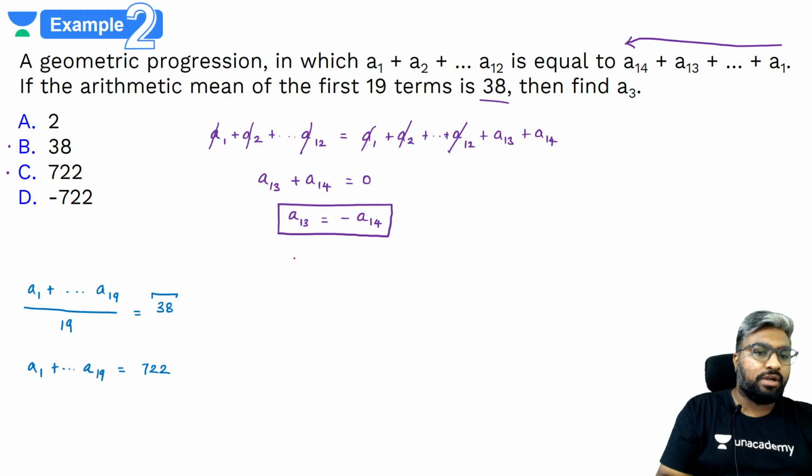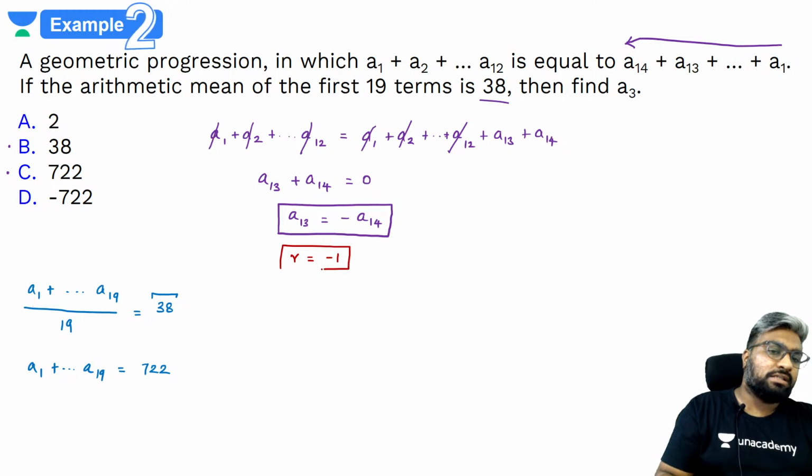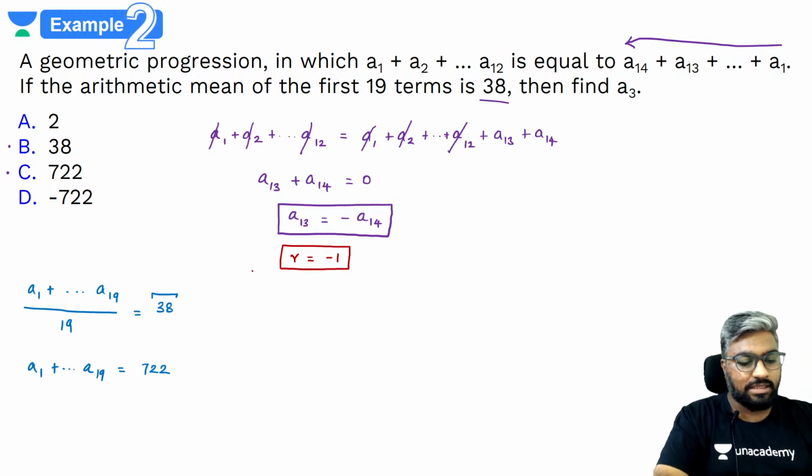If A13 is equal to minus A14, common ratio r क्या हो जाएगा, -1. Yes or no guys? Common ratio r क्या हो गया, -1. Say yes if you agree with this. हाँ बोलो जल्दी अगर समझ में आया।